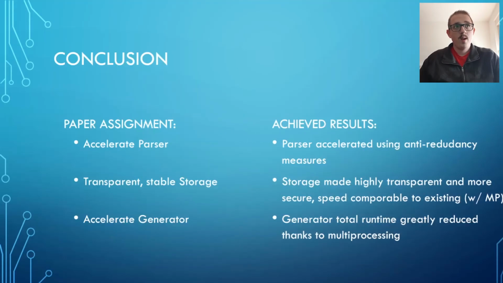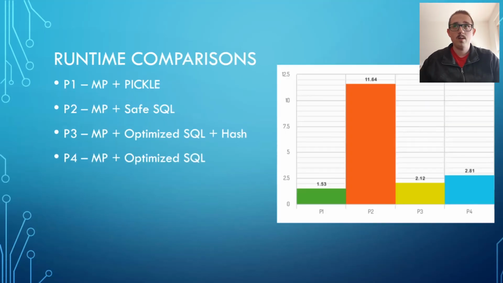In conclusion, the assignment was to accelerate the parser. What was achieved was that the parser was accelerated using anti-redundancy measures. The assignment was to make a transparent, more stable, more readable storage, and this was made highly transparent and more secure. And the speed was comparable to the existing solution using, of course, multiprocessing and some optimization. The generator runtime was greatly reduced thanks to multiprocessing and decomposing tasks into single processes for every SWC. These are the general runtime comparisons, where you can see the first column is using multiprocessing